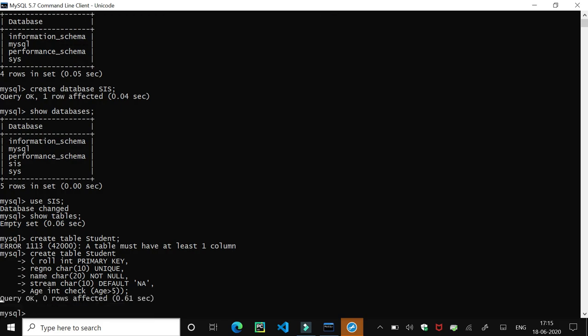Now the message is appearing here as query OK, 0 rows affected. Means the query has successfully executed. Now I just want to see the description of this table. So there is a command DESC. DESC is a short form for describe, and I need to enter the name of the table here.